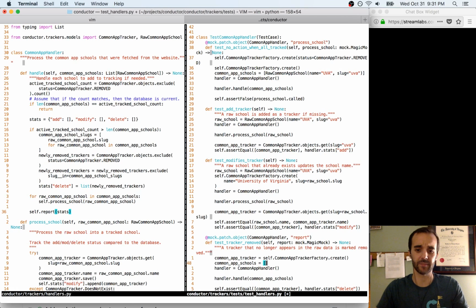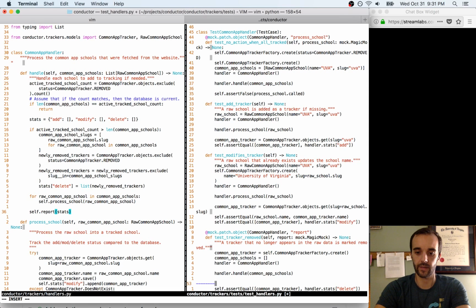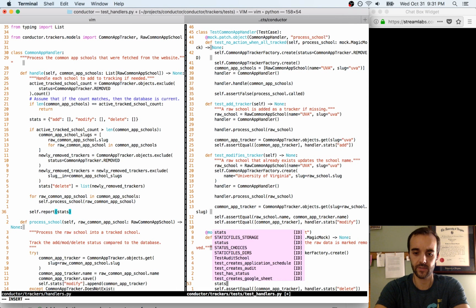And what it does is anytime it gets called, rather than invoking the real thing, which in our future case is going to be this email reporting, it's just going to collect what it was called with. And so I'm going to take that data and try and pull out the stats from this parameter that gets called over here with handle. So I'm going to say stats, and here's where